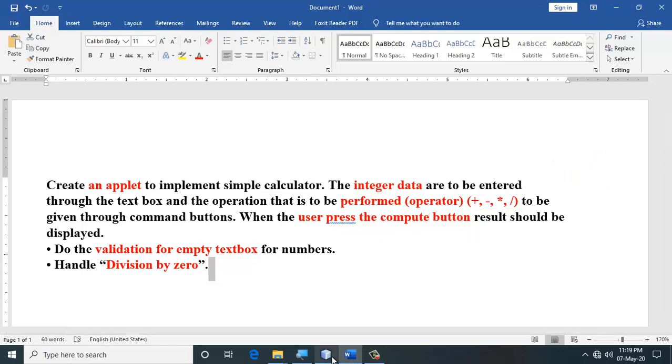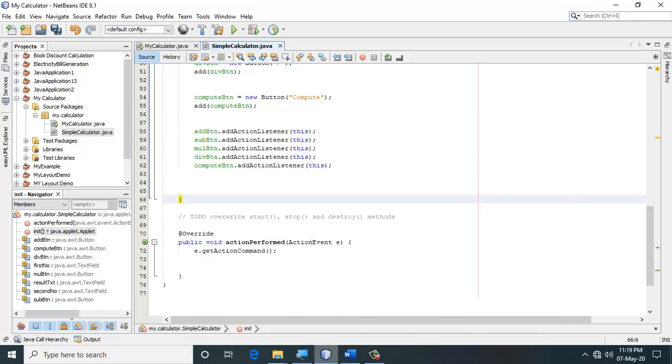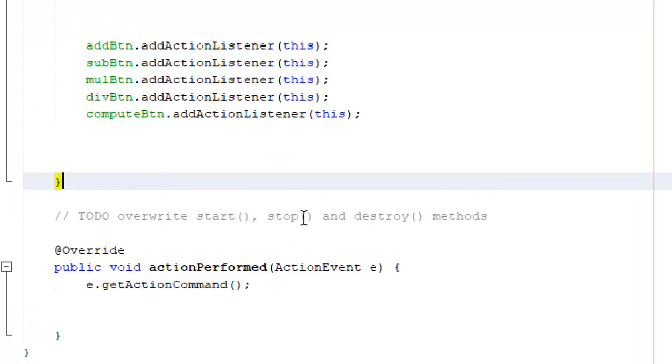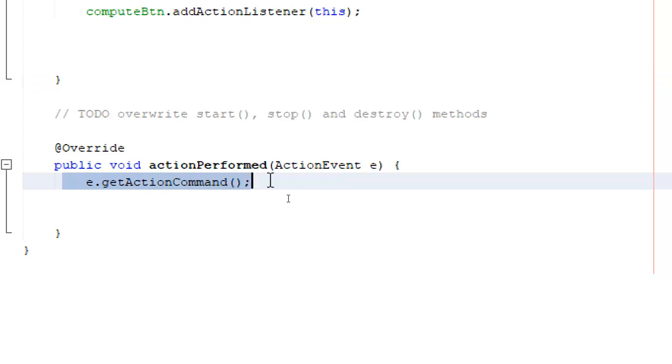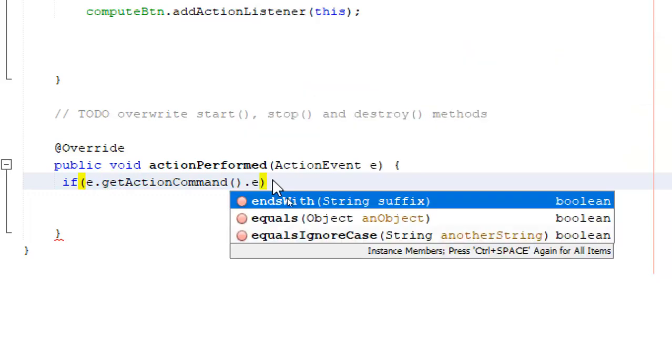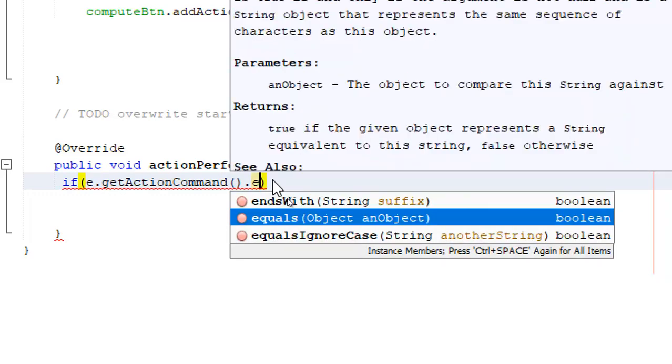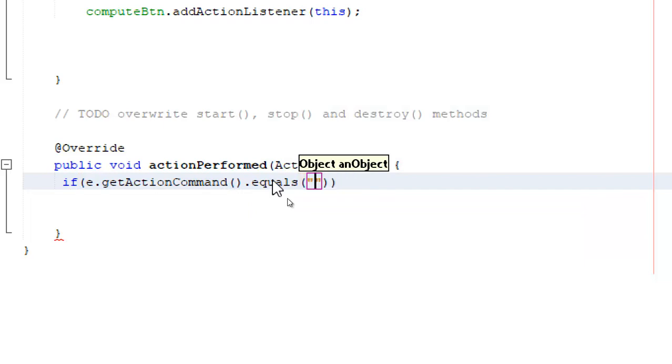So as long as I press the compute button, I can perform the calculation. Now how to handle this? I will go with the if statement. If E dot get action command is equal to compute.